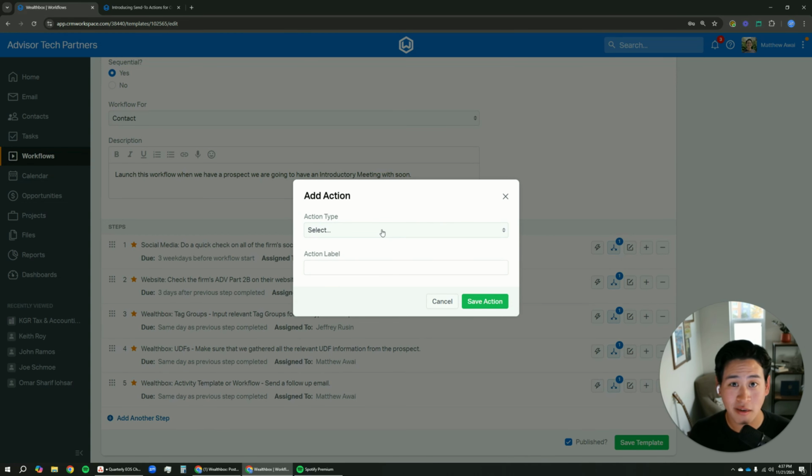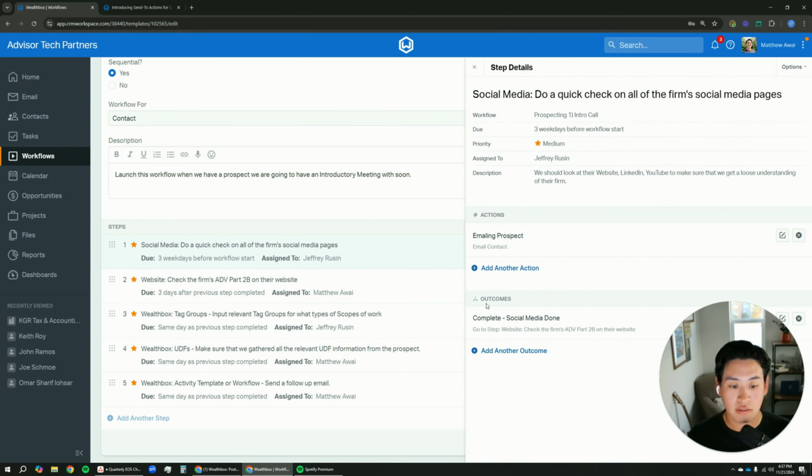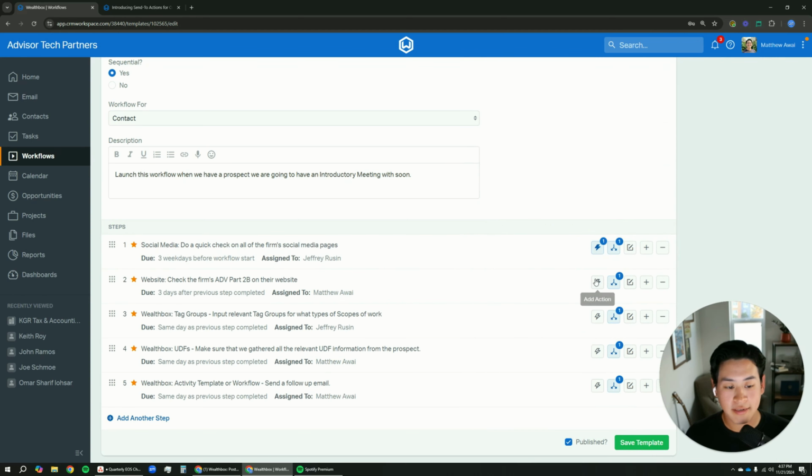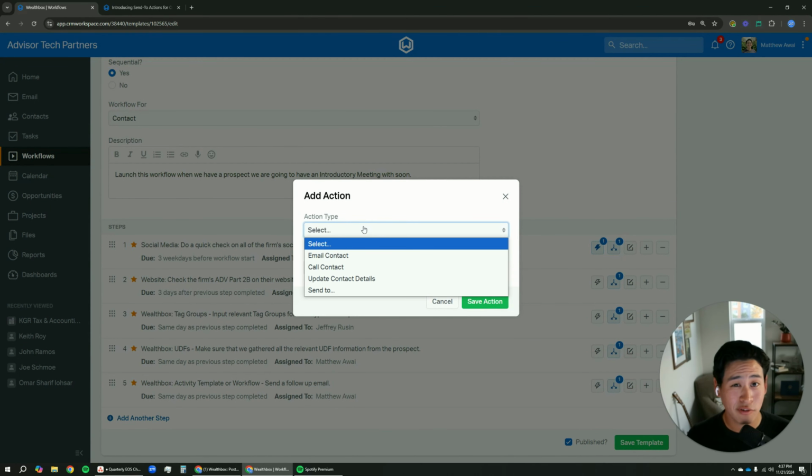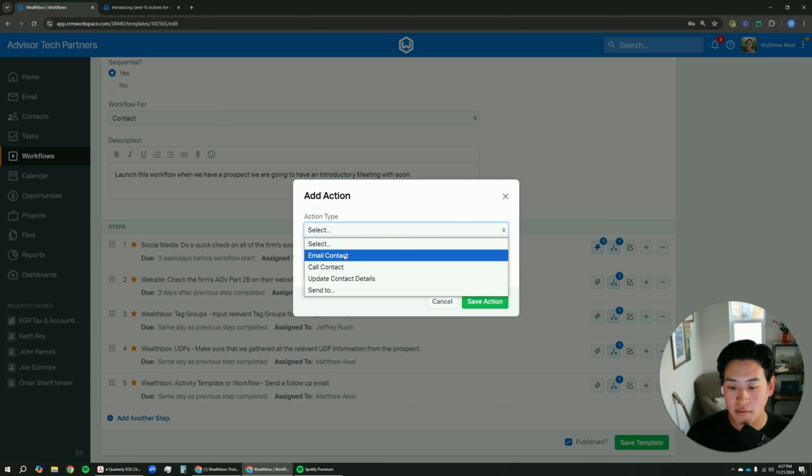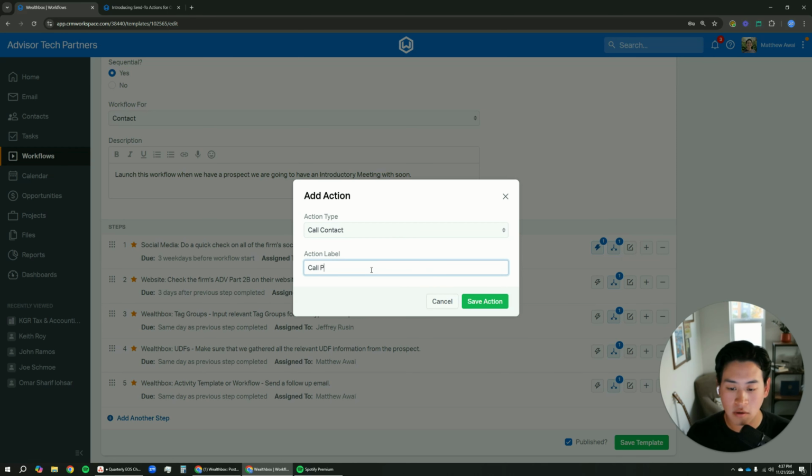The first action type we're going to look at today is the email contact. We'll just leave this as emailing prospect. And we'll see what this looks like once we save this action. I'm going to make sure that each of these steps has a different action type, so we can see in real time how you can start utilizing these action steps. So for this next one we'll use a call contact, so call prospect,